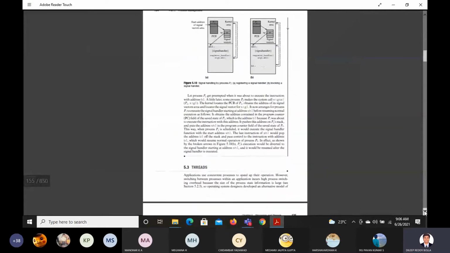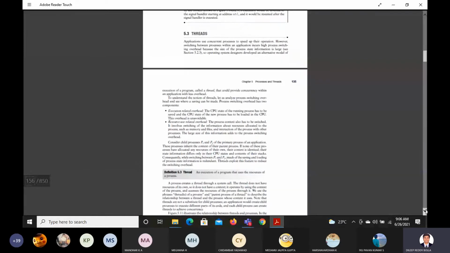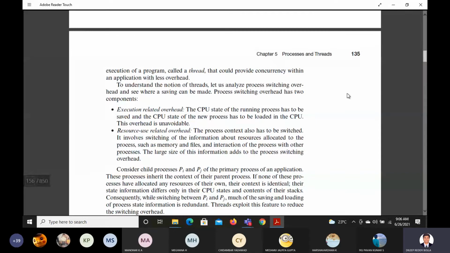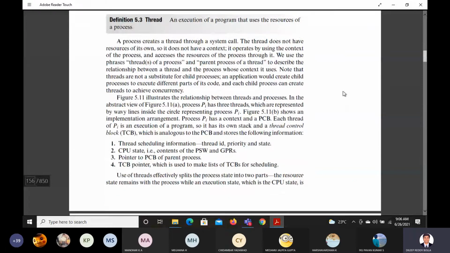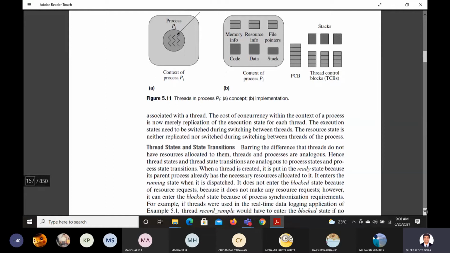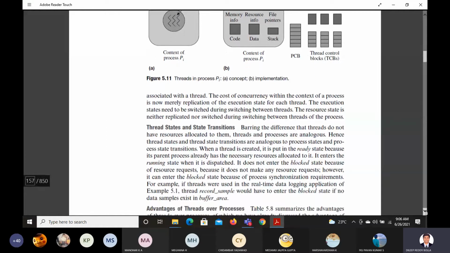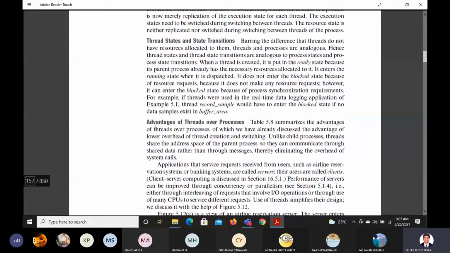Yeah, let us see here the threads concept. What are threads and how to use threads? Definition of threads is there. How to implement it is there here, right? How do we differentiate a process and a thread? That also can be a probable question. How do you differentiate the thread from a process? And briefly discuss the kernel level and user level threads. So this part you can see advantages of threads over process, something like that.